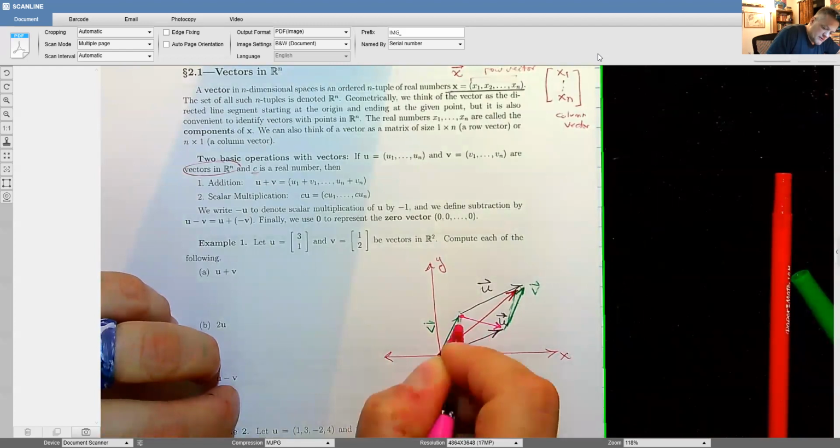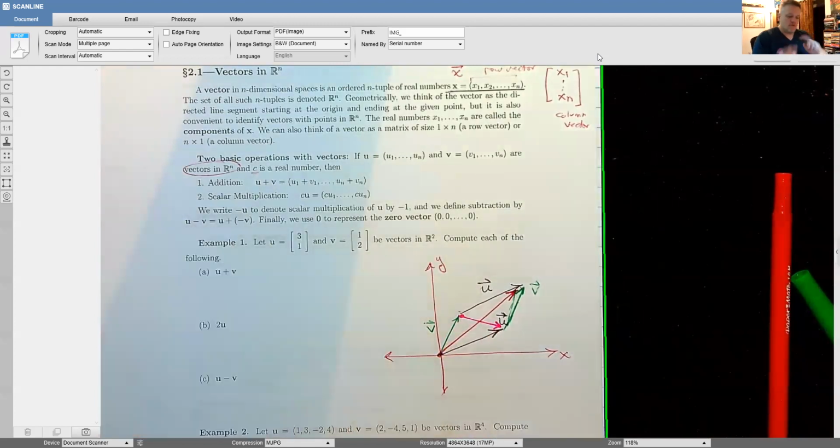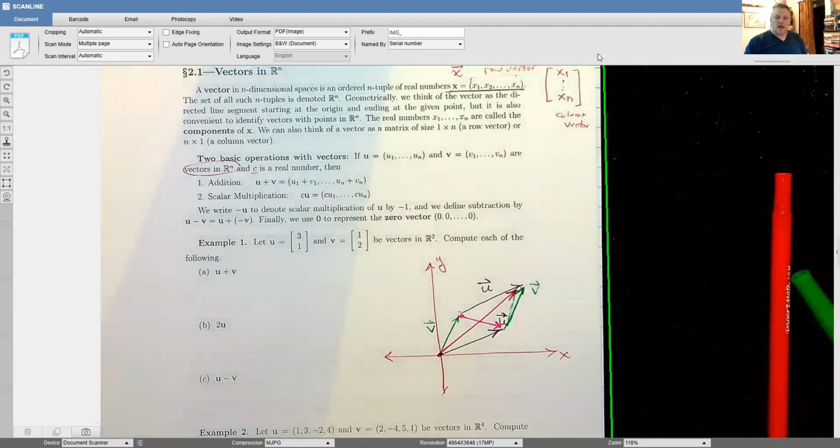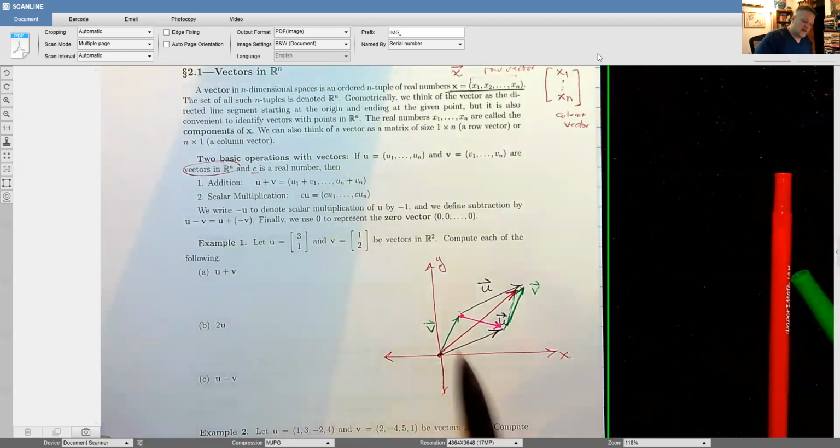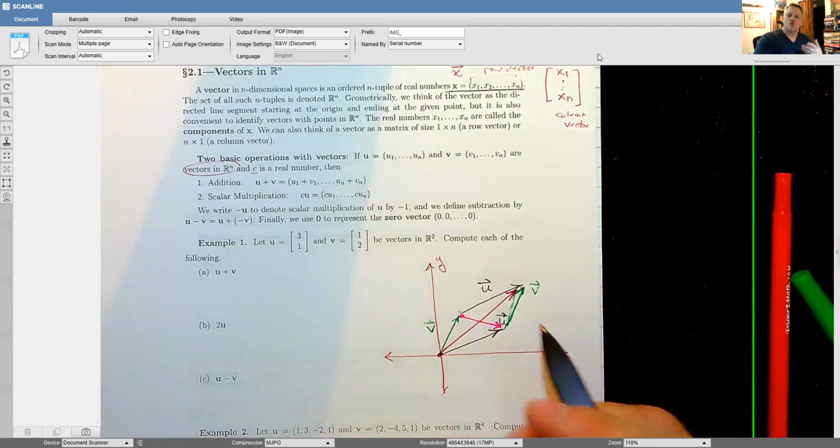Okay, and notice I'm being deliberate with the arrowheads. If you reverse them, we'll see what that means geometrically. But for now, you can form those two. All right. What it turns out, in terms of adding vectors, you can think of it as a total resultant,